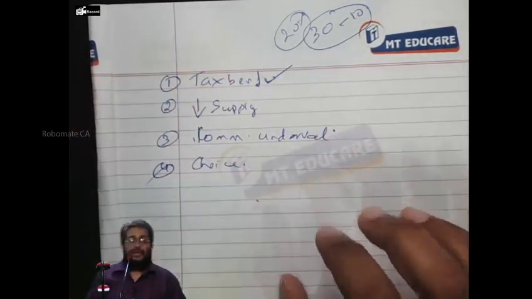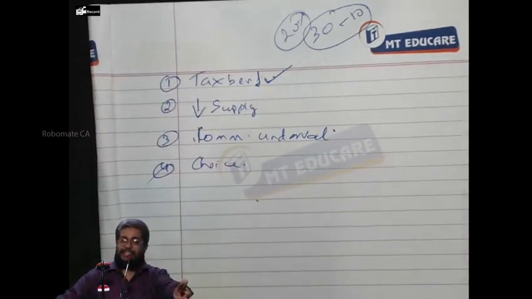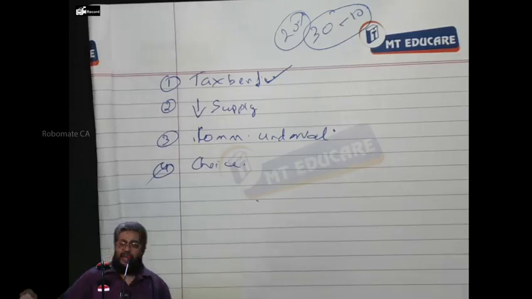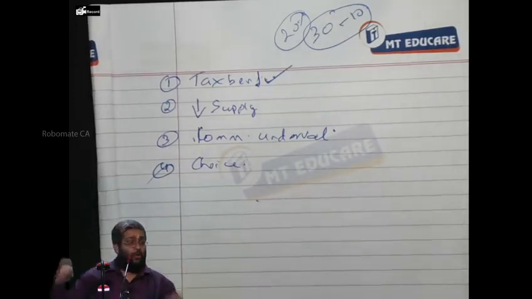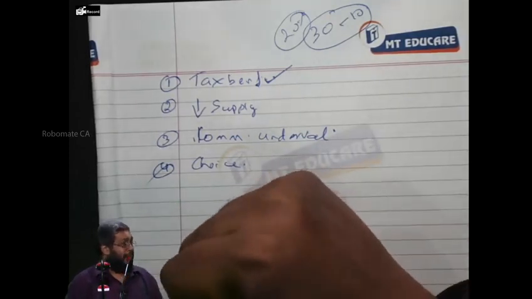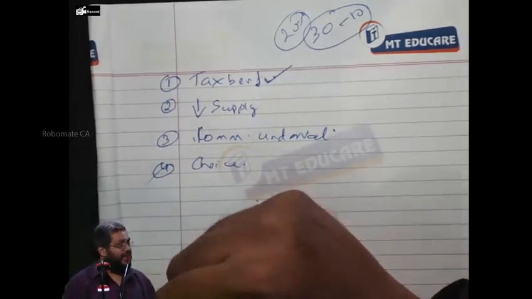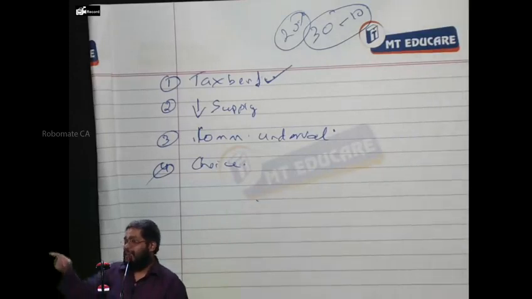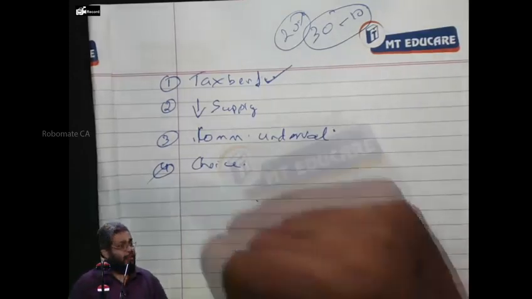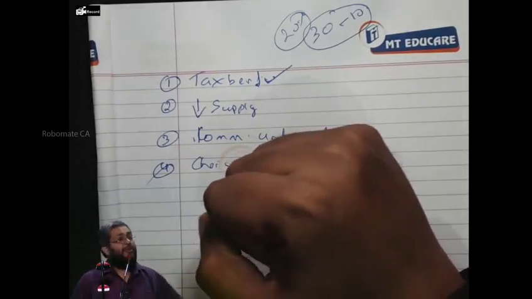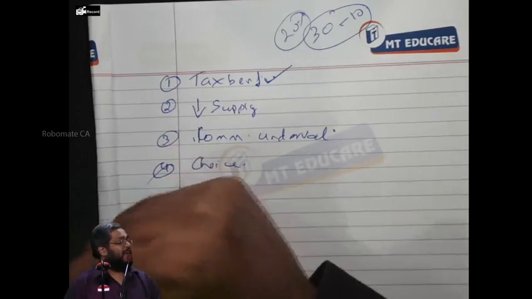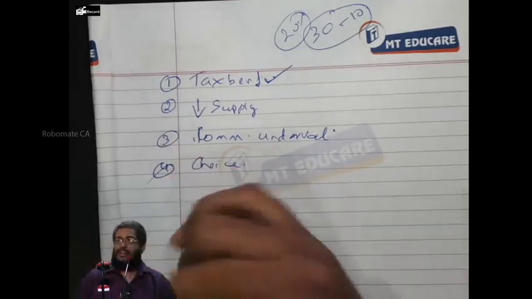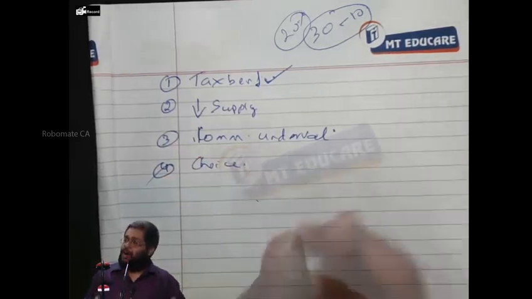Are you following? Out of 1 lakh shares, 2,000 shares are being bought back. Don't think that every shareholder will have 2% bought back. Not at all. The company offers to buy back 2,000 shares. One shareholder himself can go and tender 2,000. Another shareholder may not want to tender at all. Whether to sell back or not is your choice. So you can postpone your tax liability to a later stage through capital appreciation on a later date rather than paying a dividend tax today itself. So dividend does not give you a choice to receive or not to receive.